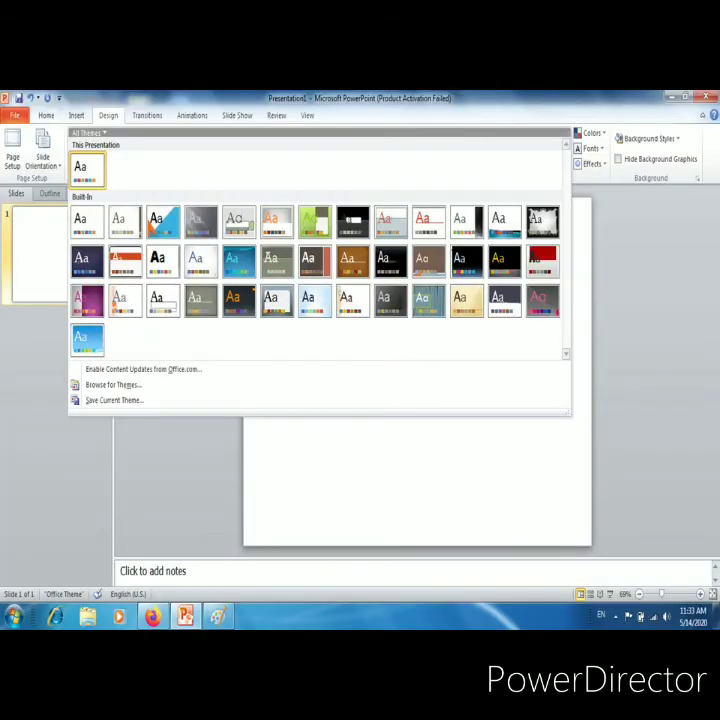Click on the background style button in the background group on the slide master tab, select the desired background from the drop down menu. Okay, and you can change the text color. Click on the home tab and select the text, then click on the font color in the font group. Okay, you have to click on the close master view button present on the slide master tab to close the slide master view. Okay,